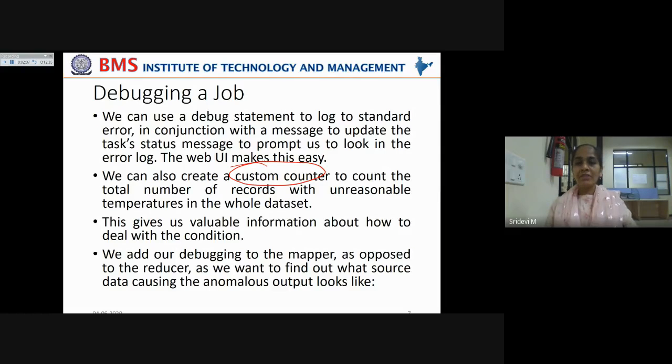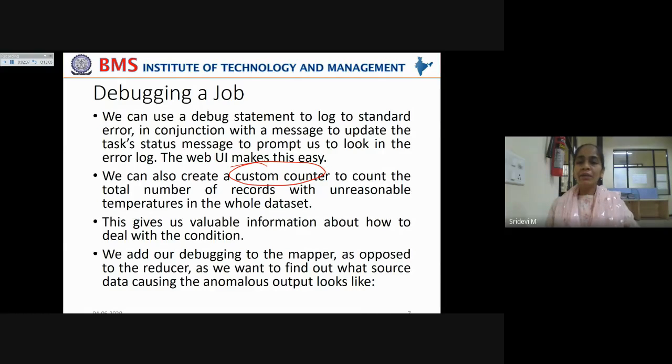In that case, that custom counter can be incremented so that we'll know how many of the values are actually extreme or erroneous values, with erroneous recording of the temperature in the whole data set. Now, this gives us valuable information about how to deal with the condition of erroneous data.